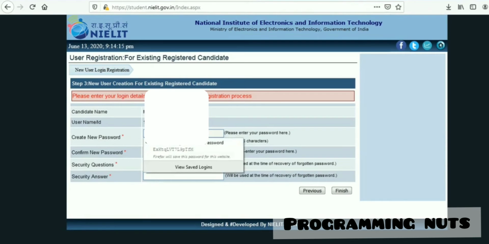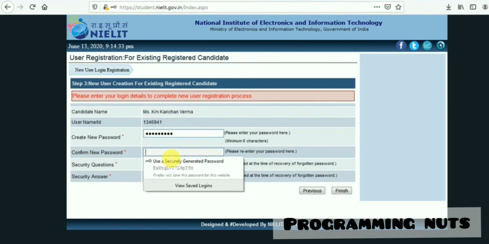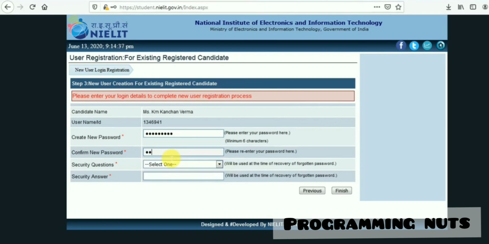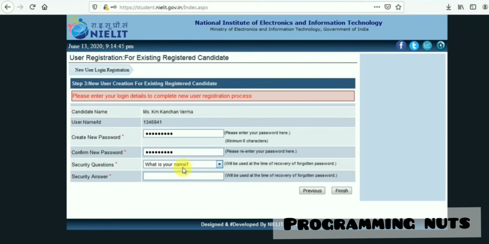Please enter the new password and confirm the new password, select any of the security questions, answer the security question and click on finish. You will also get an email regarding your new password and your user ID, but for future reference you can write it down. For any doubt, do contact us on Telegram or Instagram, or you can comment down your query below. So ensure that all the information is given correctly and create a password using these methods.